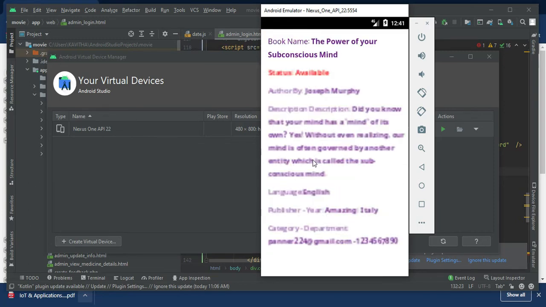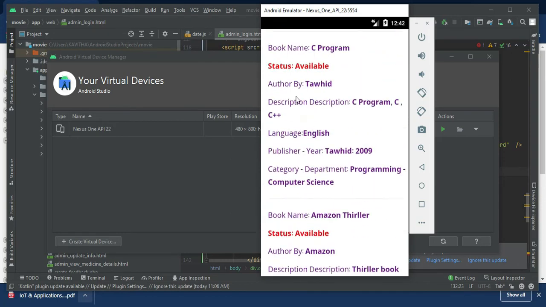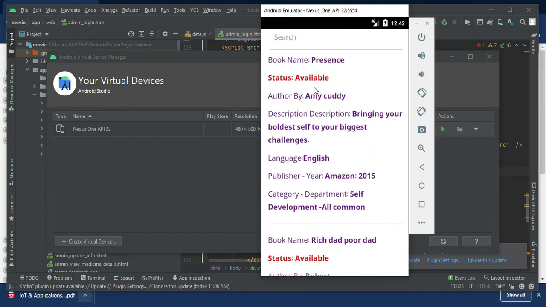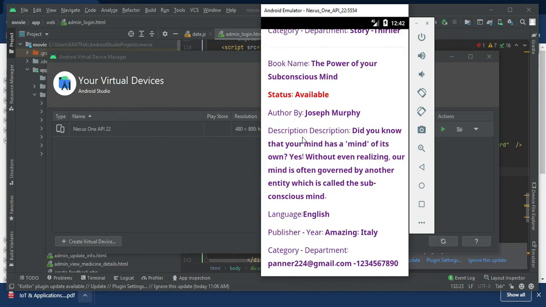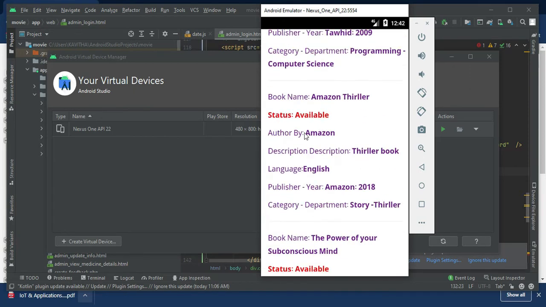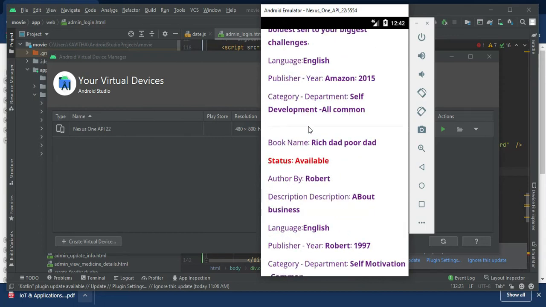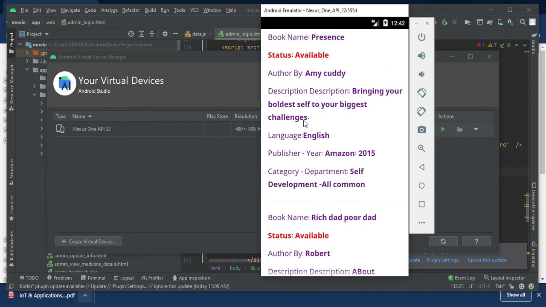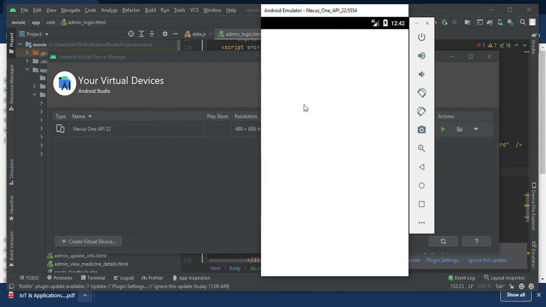Students can search the books and check their availability.